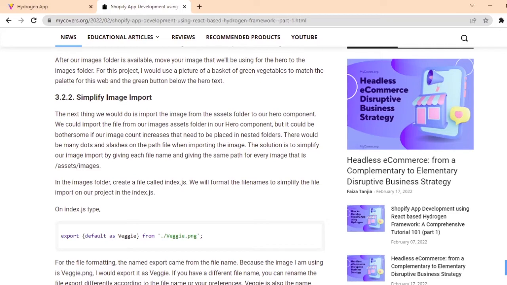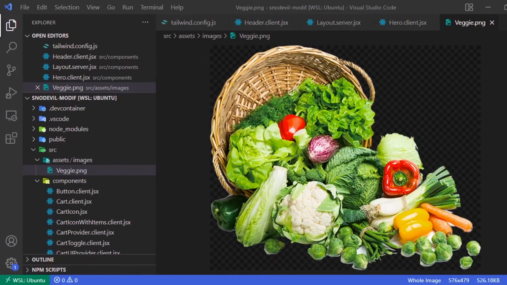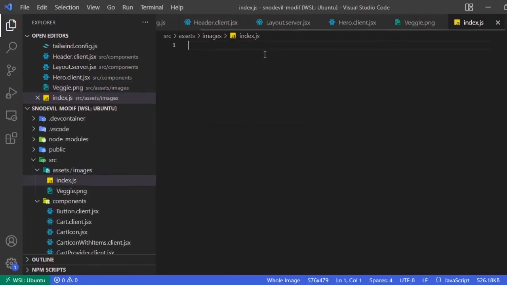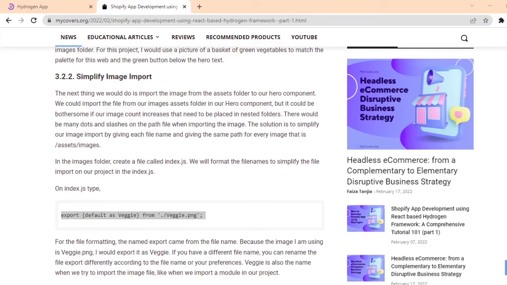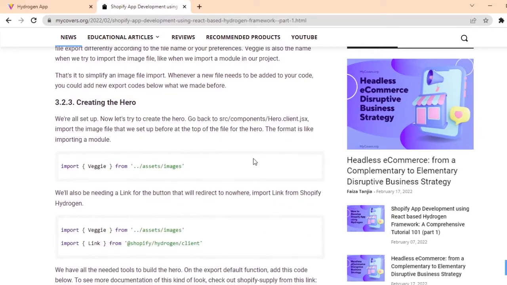We need next to simplify the image import by copying this code. Copy up. Go back to the editor, add a file called index.js, then paste it. We will need to export the image that we imported before as PNG. Then next thing is we need to import the image to the hero file, and we will also be